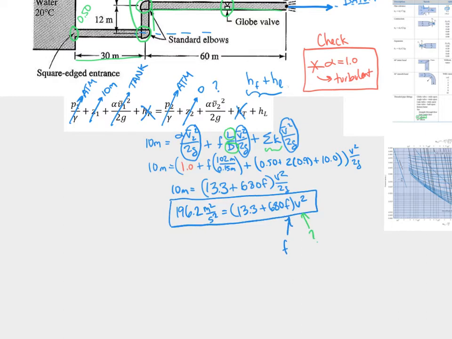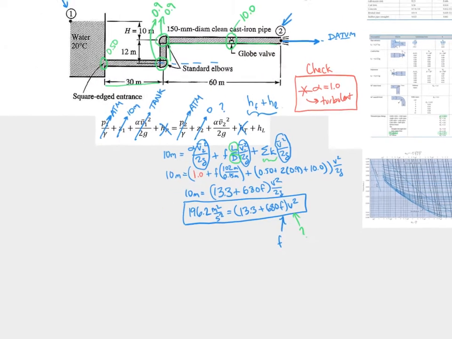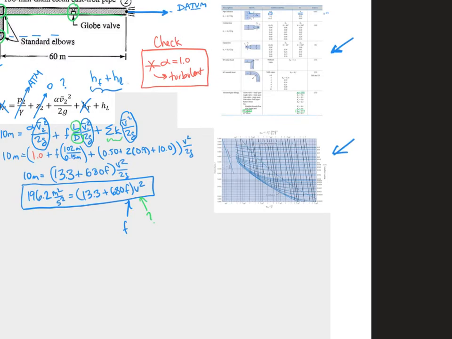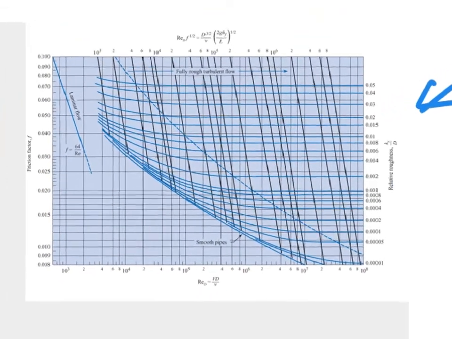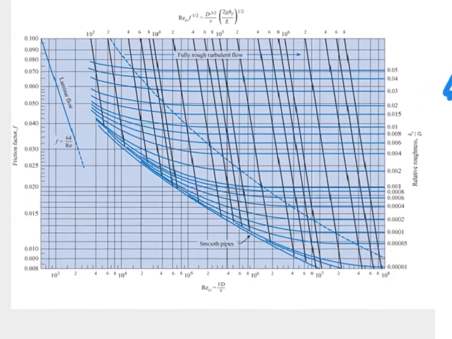If you don't know V, then you can't get the Reynolds number. If you can't get the Reynolds number, there's one axis that's unknown. If there's only one axis that's unknown, that's a type 2. If there's two axes that are unknown, that's a type 3. So that's obviously the hardest. Right now, and I've tried to say this as much as possible, if we go over to this Moody diagram, and hopefully it's not blurry,